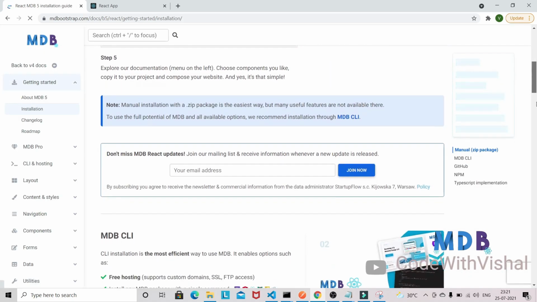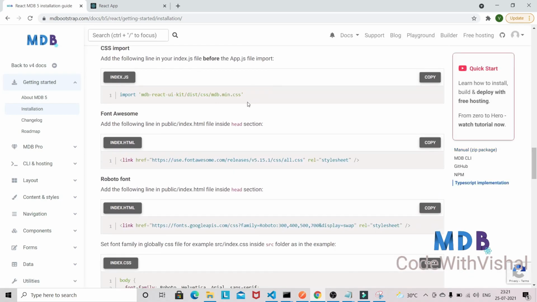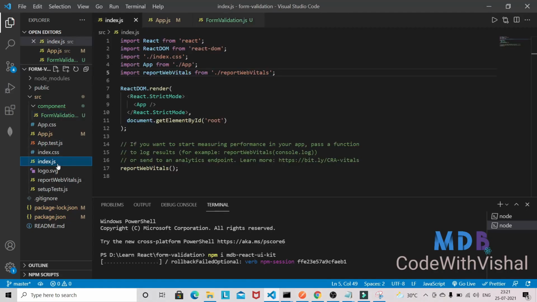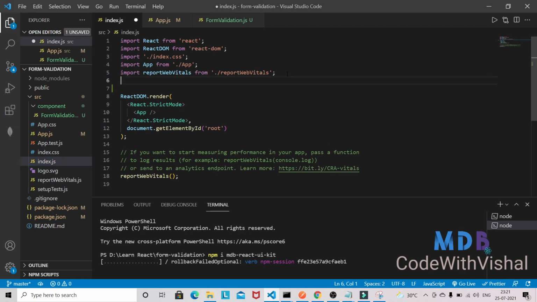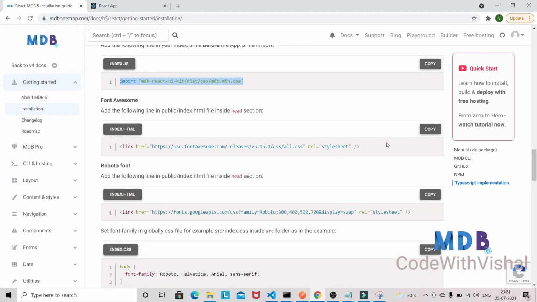and here we need this one. We need to import this CSS file, then only all the Bootstrap Hive styling will apply. So in the index.js file we have to paste it, and in a future video I may use icons as well.